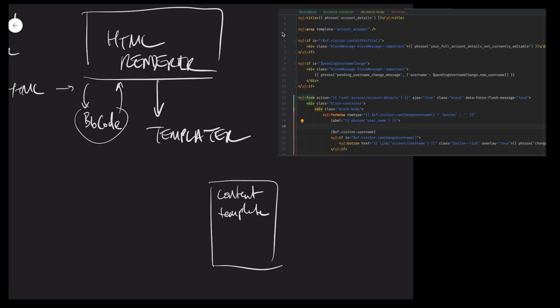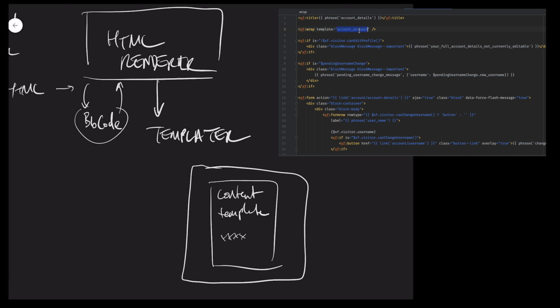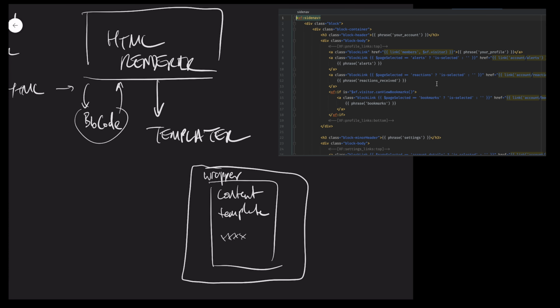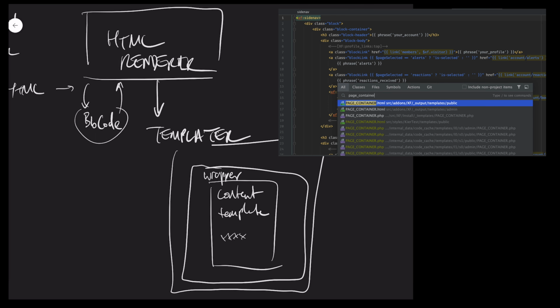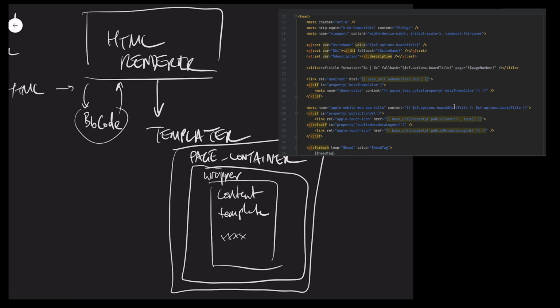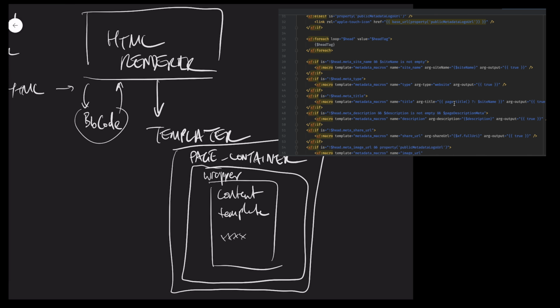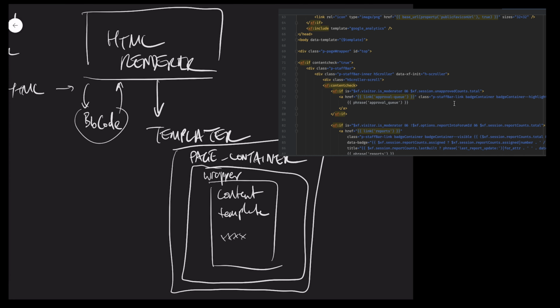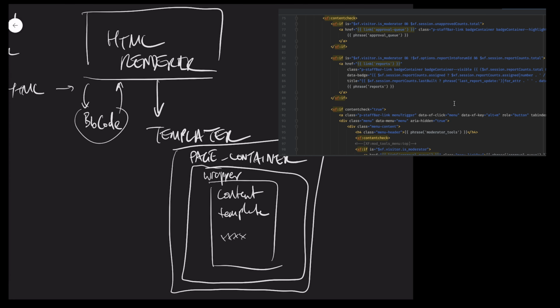The content template may also have instructions as part of XenForo template syntax to wrap that template in a wrapper template. And then whether or not it has a wrapper or not, it will absolutely be enclosed within the page container template, which contains things like the metadata for the head tag and the general XenForo interface chrome.